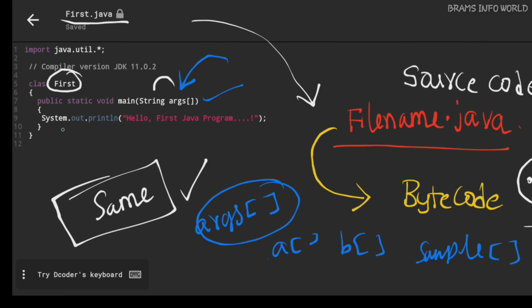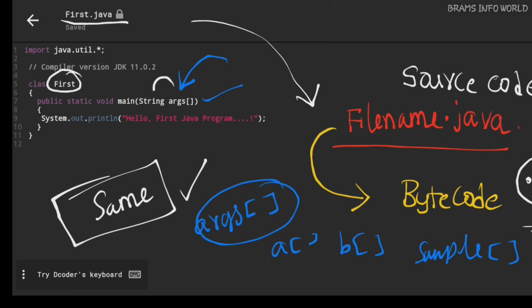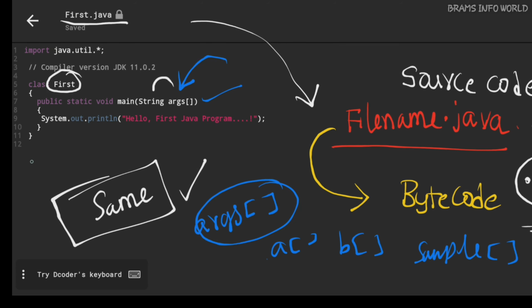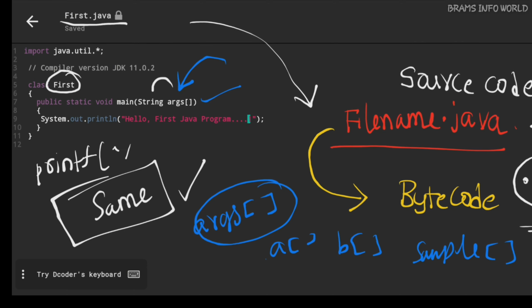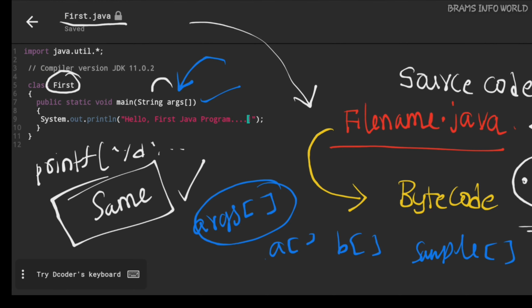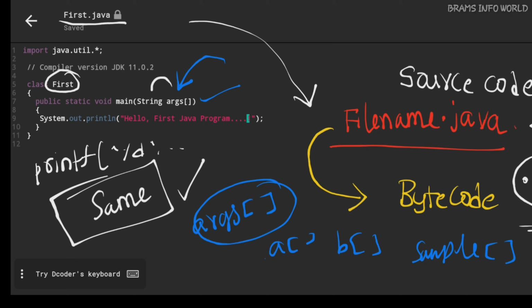After that, system.out.println. In C we write printf followed by %d and so on, but here no format specifier is required. In C++ we write cout. So in place of printf and cout, we go for system.out.println.